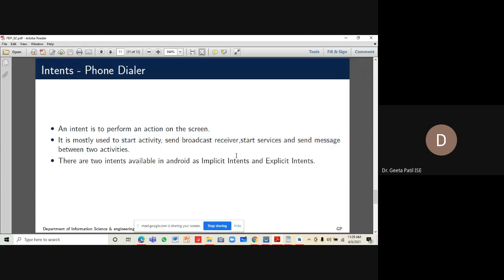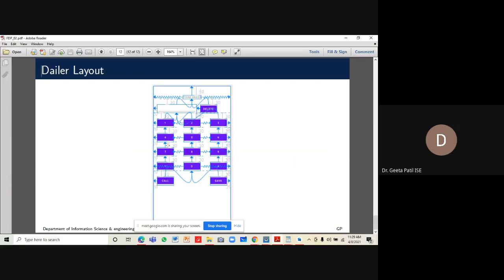So we'll see it in this mobile dialer activity. This is the activity, the application that you need to design. In this application, we have a couple of buttons. Let me describe the functionality of these buttons. This application is a phone dialer. You should be able to enter the phone number and dial it, or save it, that is, make a call or save it.